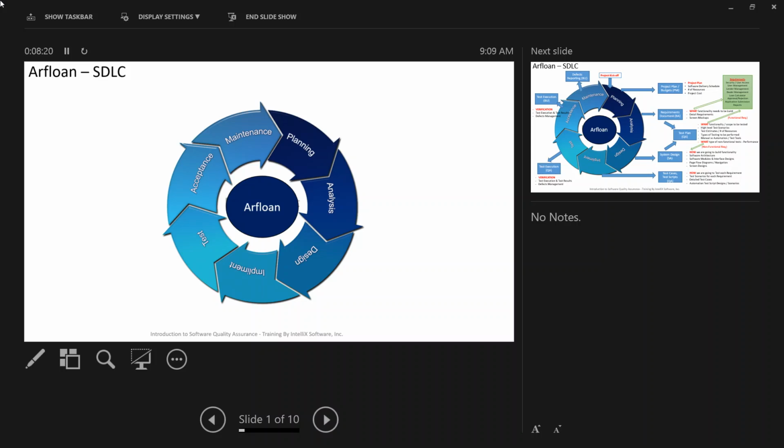Now QAs, as we said, come in different kinds. You have functional testers, which is more what you guys are working through, but there are load testers, who are specifically learning the load testing tools and the scripting and all those things.